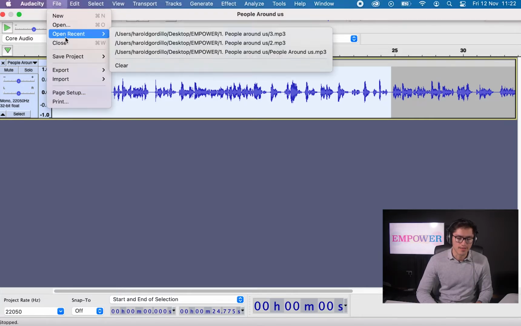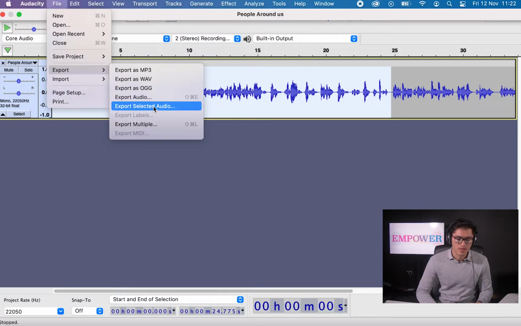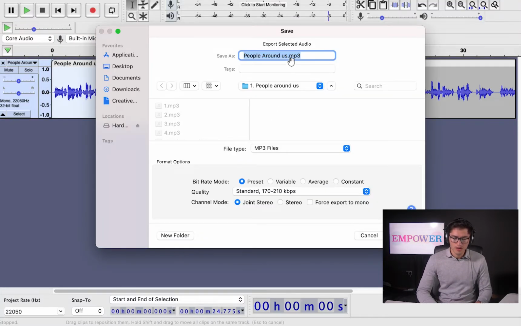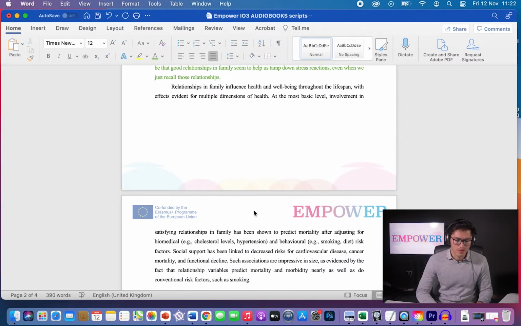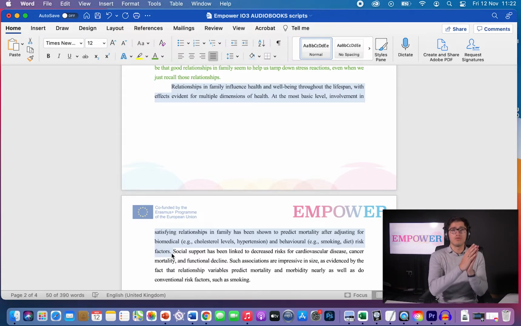So we can go ahead, export, export selected audio, and this is gonna be the number 5. Save. Okay. And you can see this is the first word, and it is the same with the final sentence here, so it's a good structure for an audio.